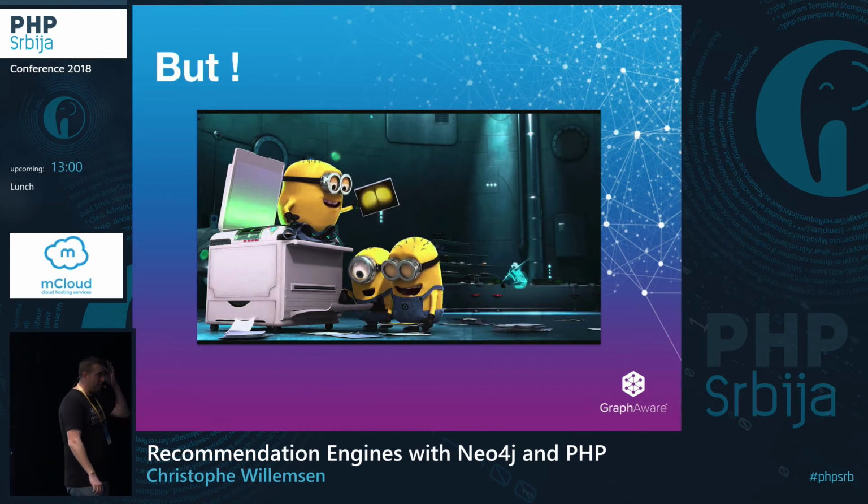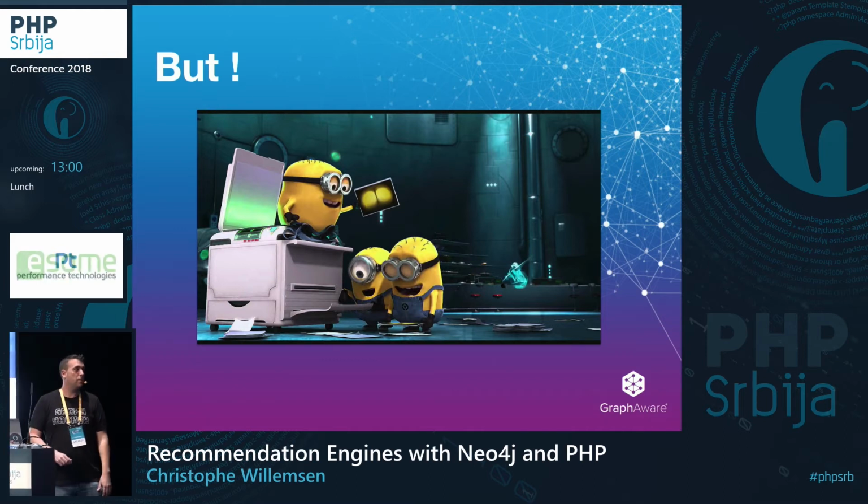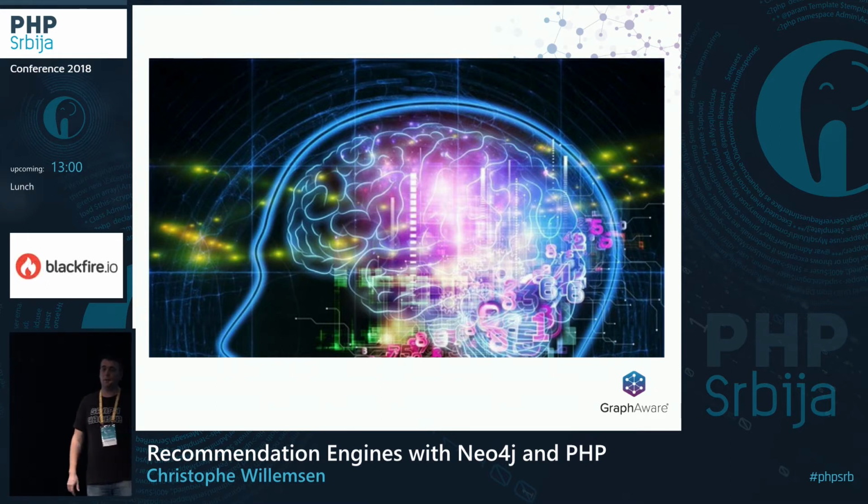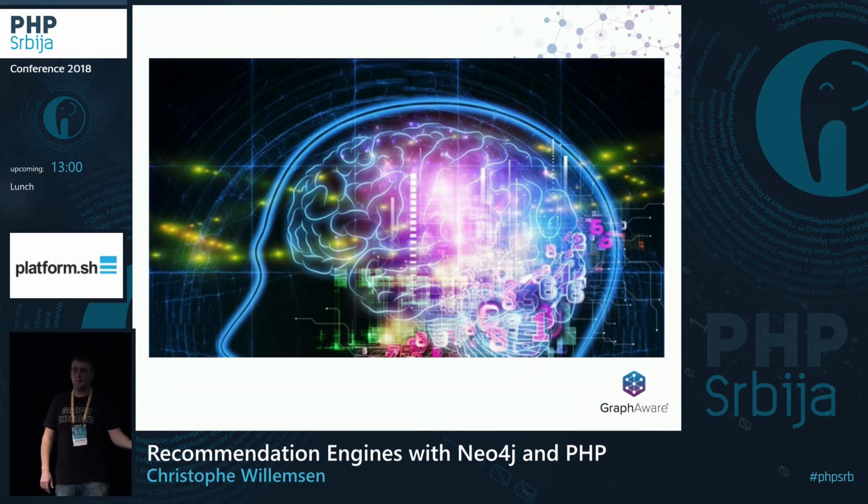But this is something I want to remind people of. What makes a very good recommendation engine? Most of the things I've talked about today are implementation. But for your business, implementation doesn't matter. You can build a recommendation engine with Python and scikit-learn, or with Scala and Apache Spark, or with PHP and Neo4j, it doesn't matter. What matters is understanding your user.